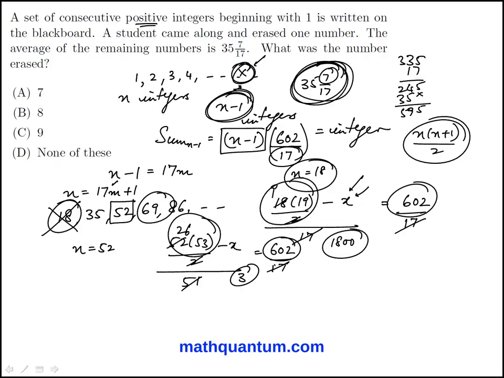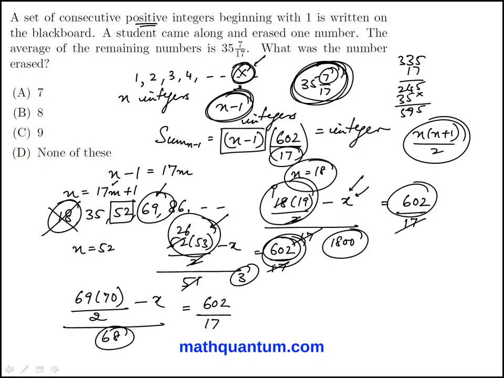But I have to get to that point, a high enough value of n, where this exceeds the term on the right. So if I use n is 69, the sum would be 69 times 70 over 2 minus the number I'm taking out, divided by 68, is equal to 602 over 17. If I multiply both sides by 68, I'm going to get a 4 here. So 602 times 4